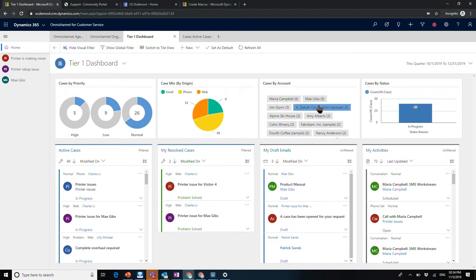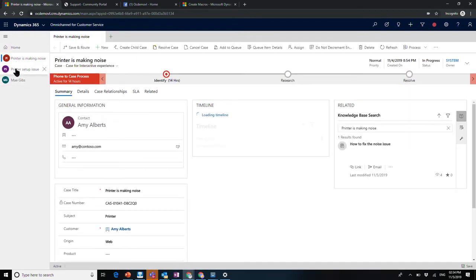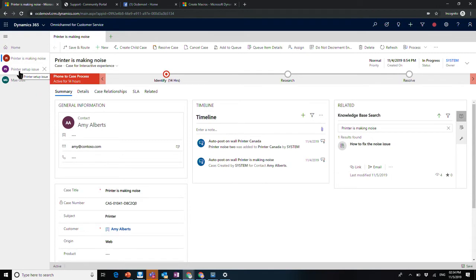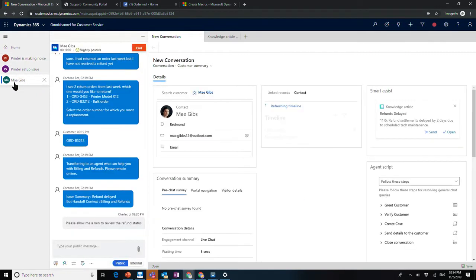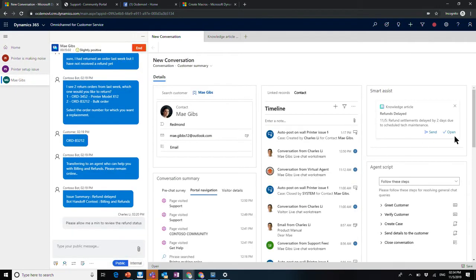So at present, we are in the omni-channel for customer service story. This is multi-session and multi-tab. These are the sessions on the left side. You are seeing this is a case session, and this is a chat session. This whole widget that you see from here to here is actually a CIF v2 hosting our first-party chat widget.